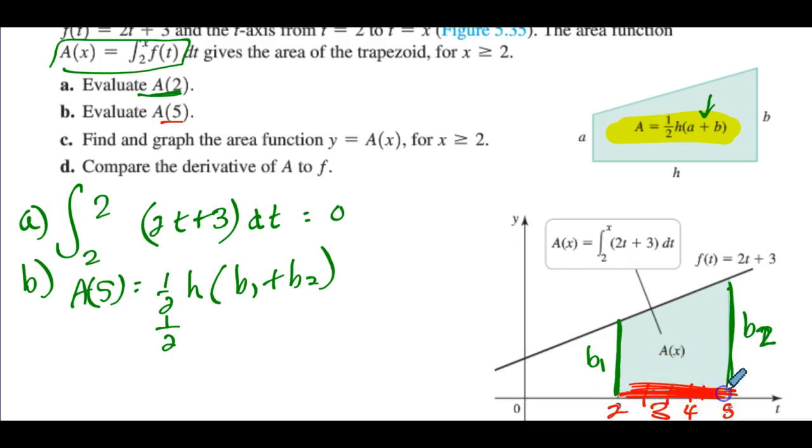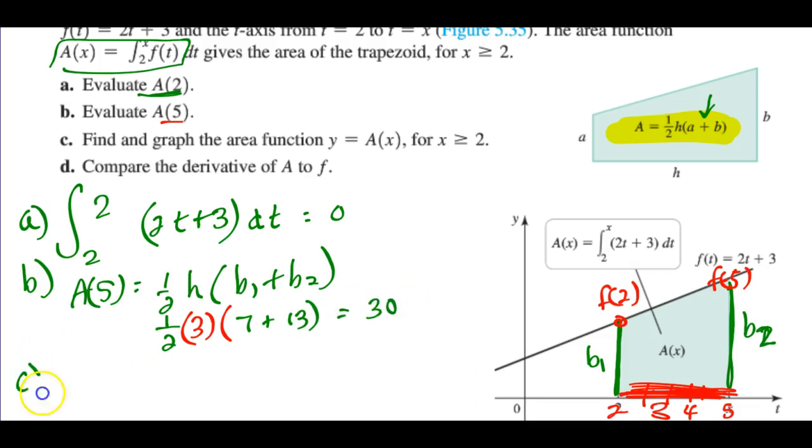So 1, 2, 3. Good grief, made a big deal about nothing. So then how do I find this guy right here? Well, that's f at 2, and this is f at 5. So go to the function and evaluate. f at 2 is 7, and f at 5 is 13, and number crunch it, and we get the area